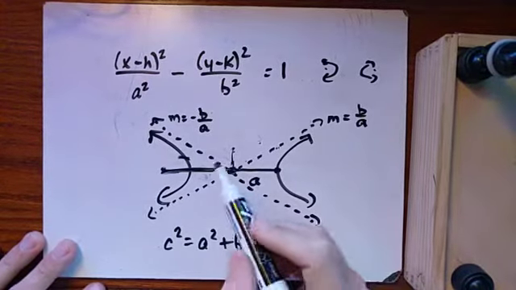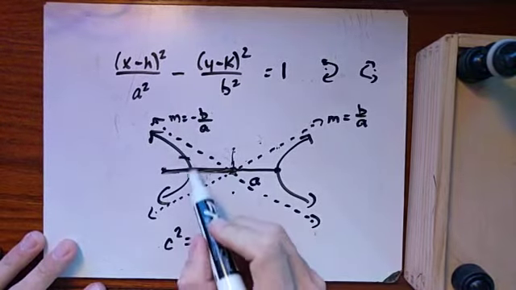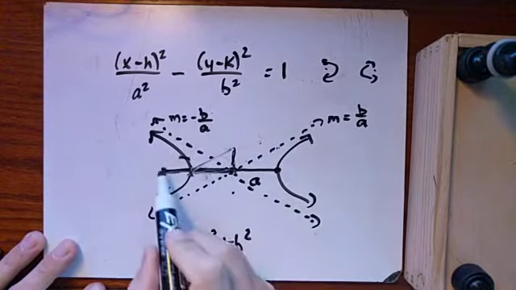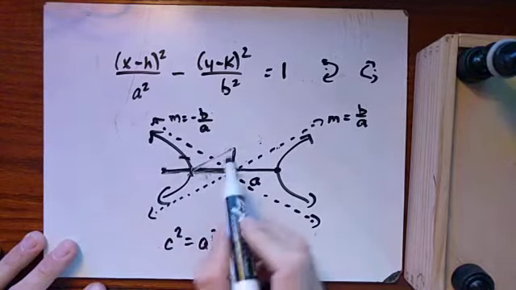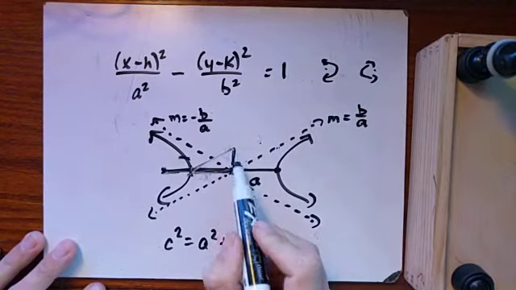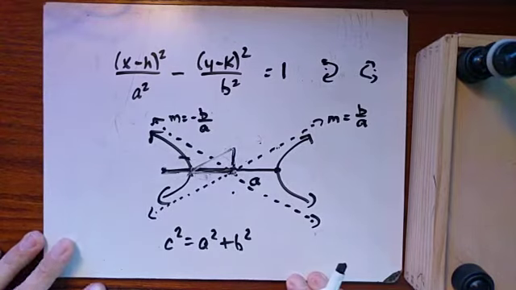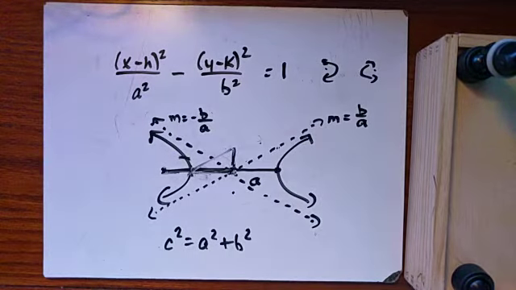So oddly enough, if this length is a from here to here and this length is b, this length is the same thing as it is from the center to the focus. So now c is the longest length, and then a and b are the legs. You might want to contrast that with what you learned about last week with ellipses. Okay. Now,